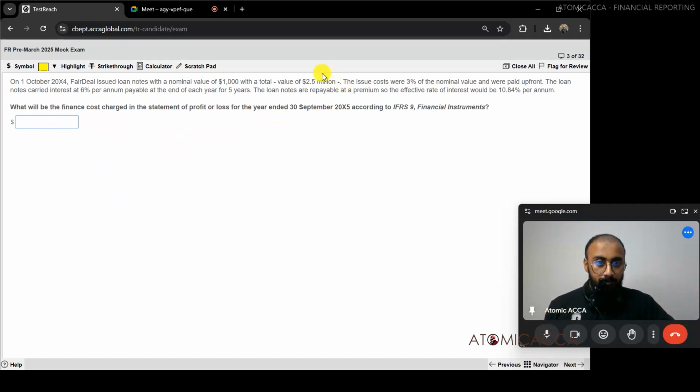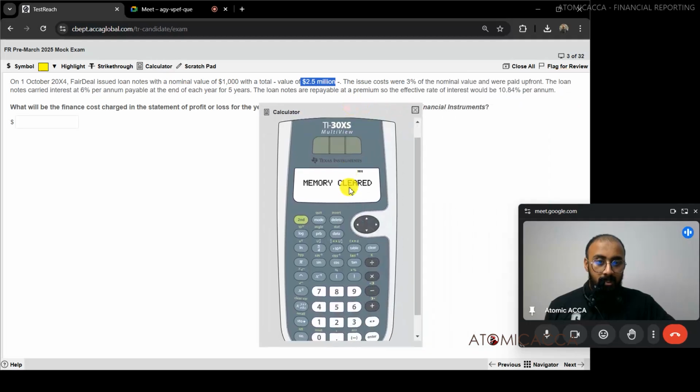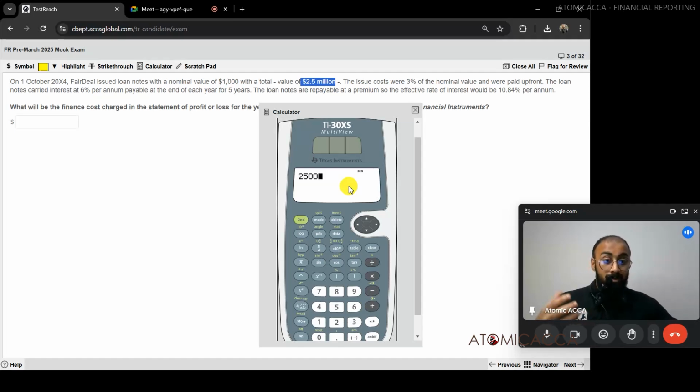For example, we have to calculate for 2.5 million. So the steps as we told were, we'll take 2.5 million. So don't write 2500 and do it. This is what we normally do when we round it off to the thousands figure. Considering it's only a blank we have, take the whole figure itself to avoid any mistakes. So 2.5 million,